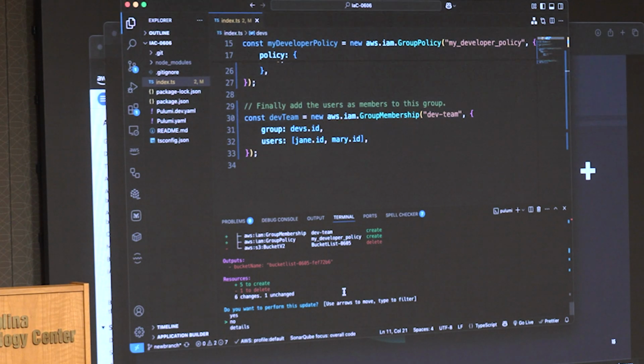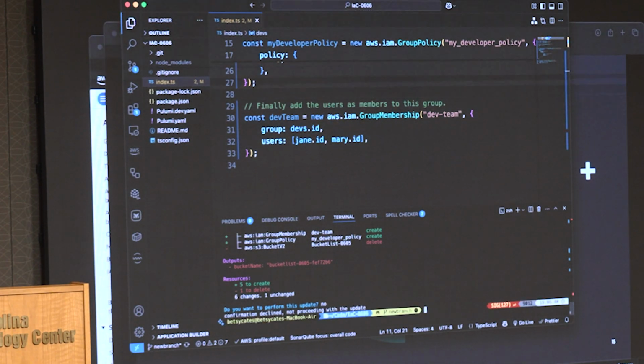Okay, go ahead. Where are you specifying your AWS credentials? That's a great question. So before I started this, let me hit no, and we can just run this again. When you do this, you would do AWS configure, and that's going to ask you for your access key and your access secret.